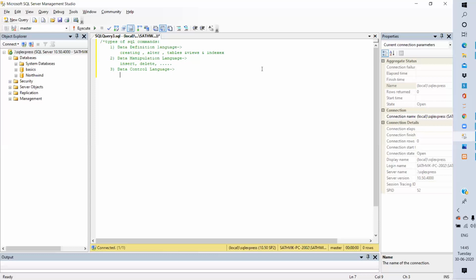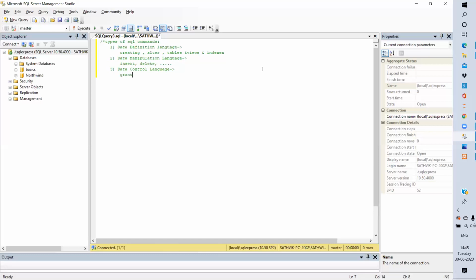Here the grant statement is used to give access to tables and other things to a user, and the revoke statement is used to revoke, or remove, his access from the user, right?